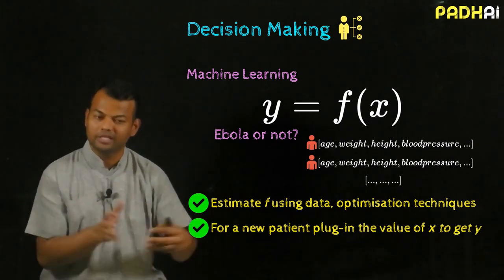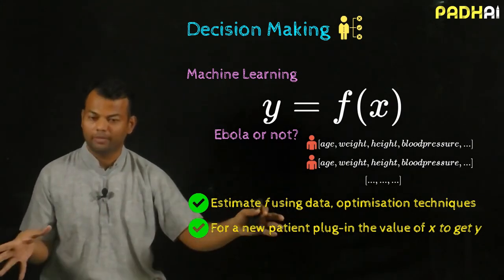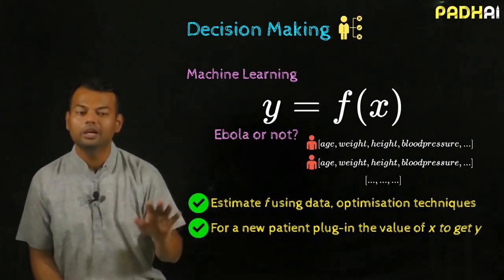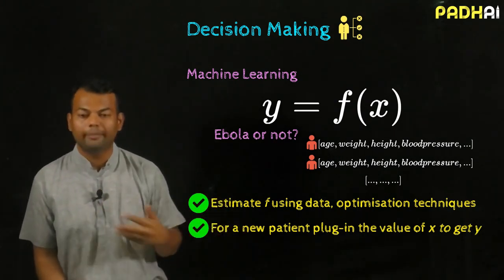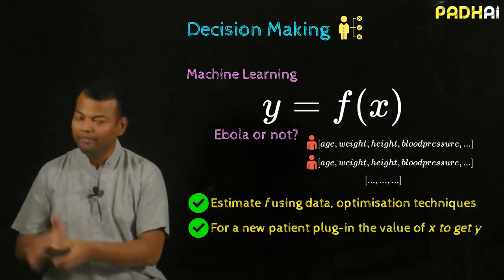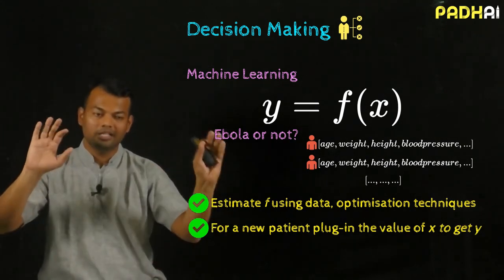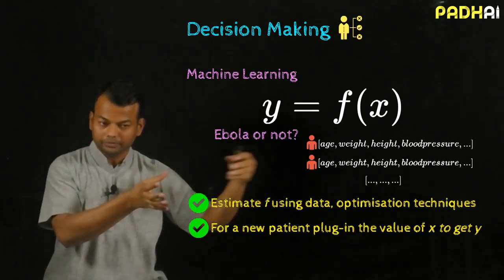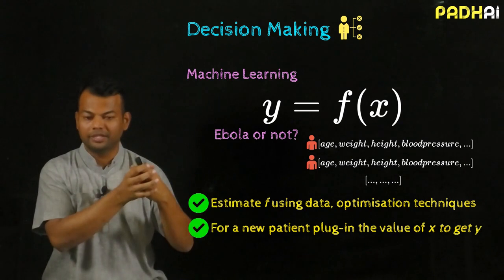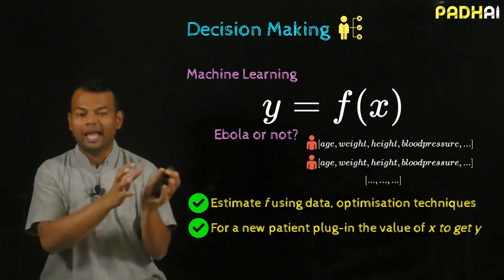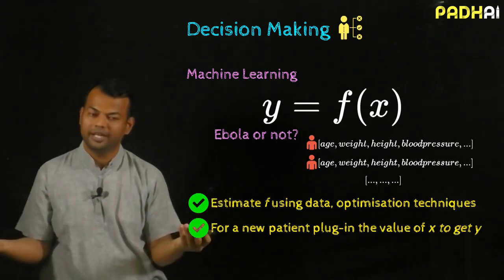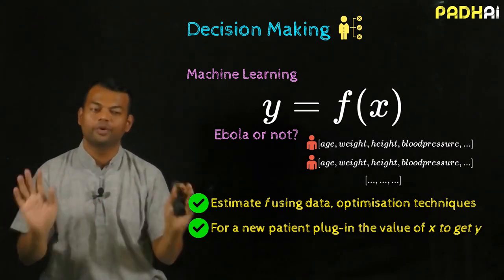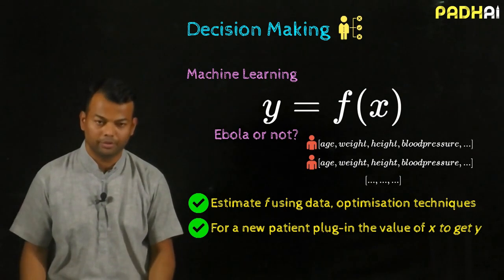And remember, X here is high dimensional. I have all information about the patient, including age, weight, height, blood pressure, and so on, right? So that's the machine learning way of solving this. I don't know the rules. I'm not going to build expert systems. I have lots of data. I am interested in the relation between the input and the output. The input being the patient measurements or the patient's stats about the patient, and the output being whether the patient has Ebola or not. I'll just put this all into a function and try to estimate that function. That's the machine learning approach to solving it.